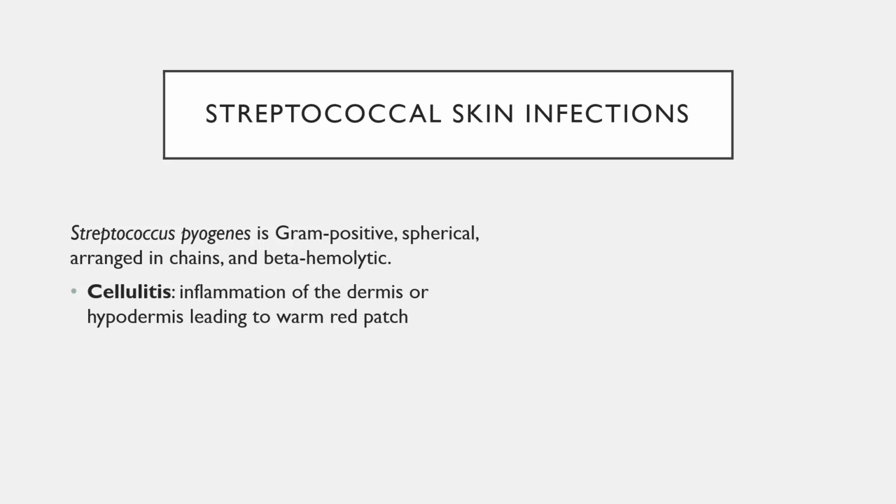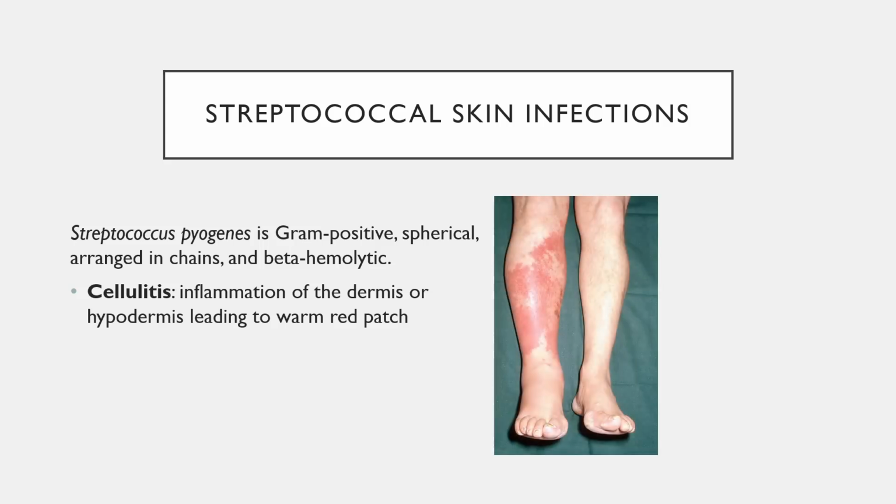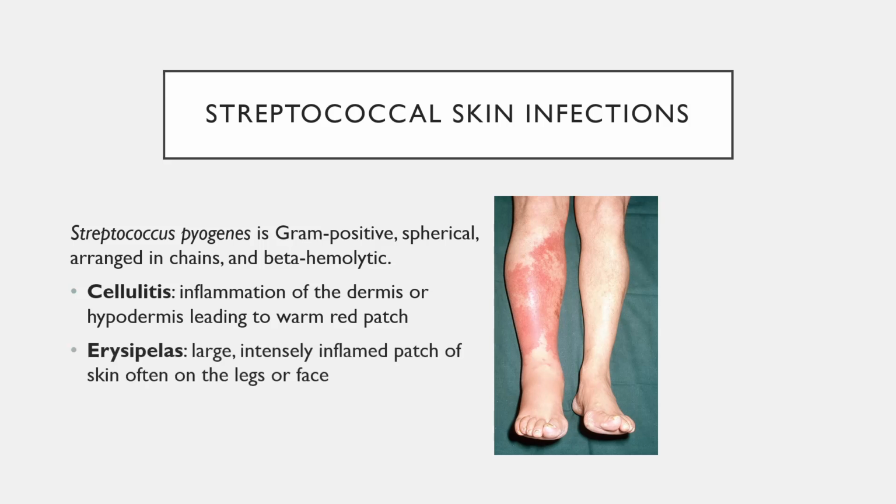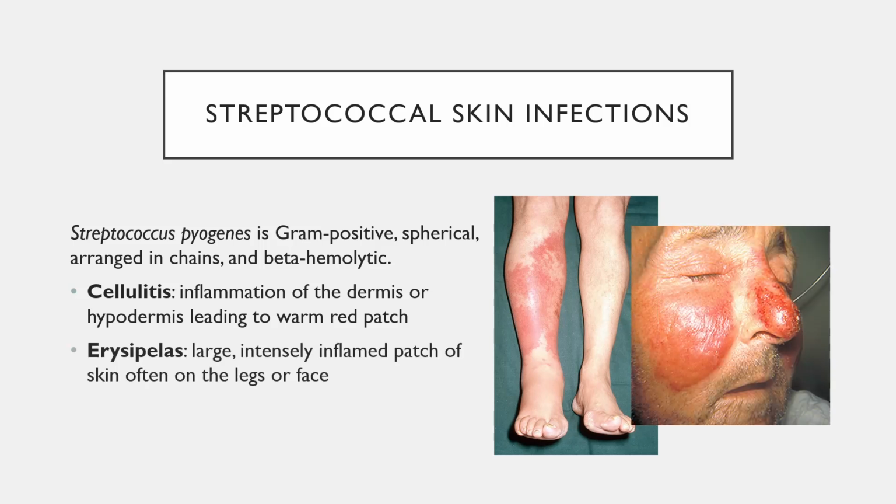Cellulitis is an inflammation of the dermis or hypodermis, which leads to warm red patches on the skin, as can be seen in this image. Erysipelas is a large, intensely inflamed patch of skin, often on the legs or on the face. And the most severe form of streptococcal skin infection is called necrotizing fasciitis, which is colloquially referred to as flesh-eating